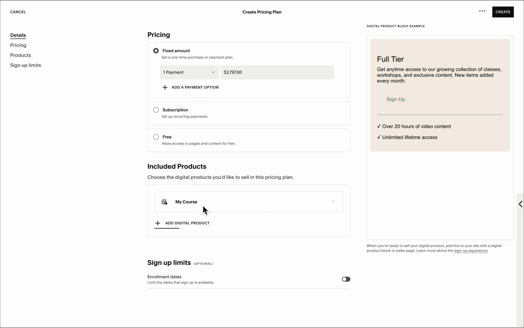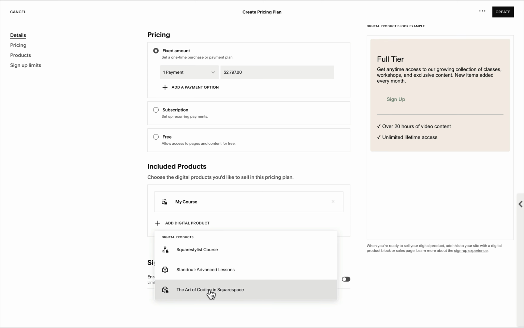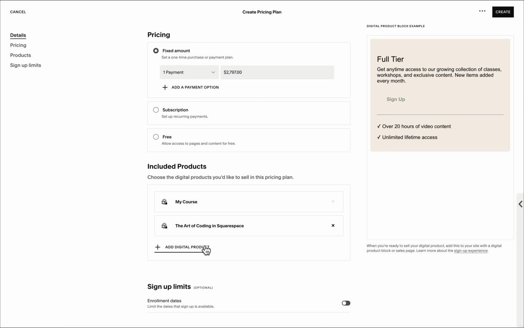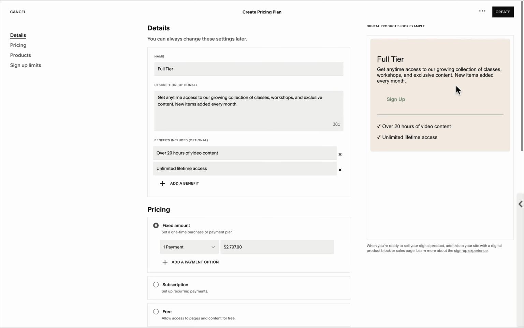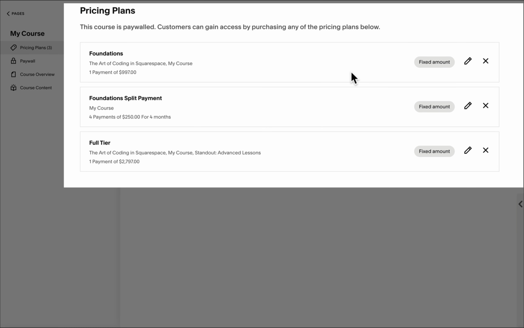But aside from getting all that's included in the Foundations lesson, we also have the bonus lesson about the art of coding in Squarespace, and I have another course that's included in this pricing plan, which is the advanced lesson of my Standout Squarespace program. So for this one, I'll hit create, and now we have all the pricing plans that we need to populate